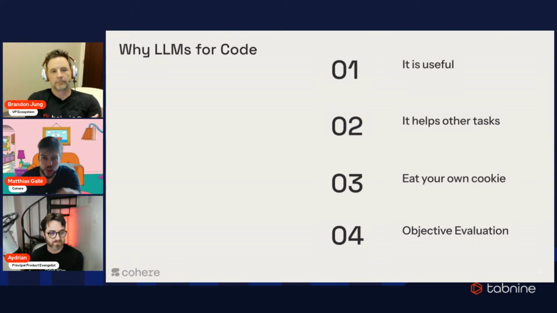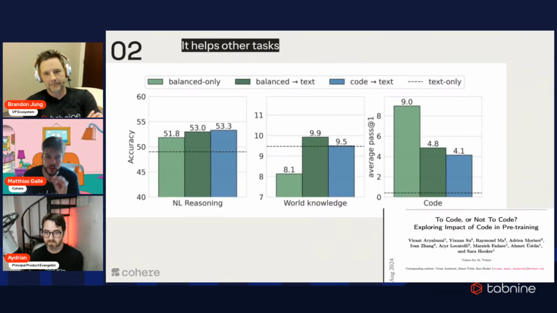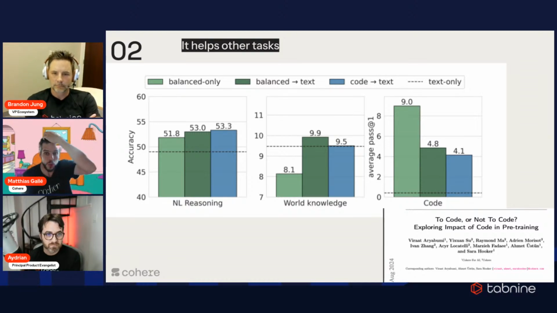I just wanted to talk about the second point very quickly, because this is a very recent paper which came out a month ago from my colleagues, where we show that when you pre-train your model with code, it becomes better at other natural language tasks. I'm going to be very brief here in the interest of time, but look at the leftmost graph.